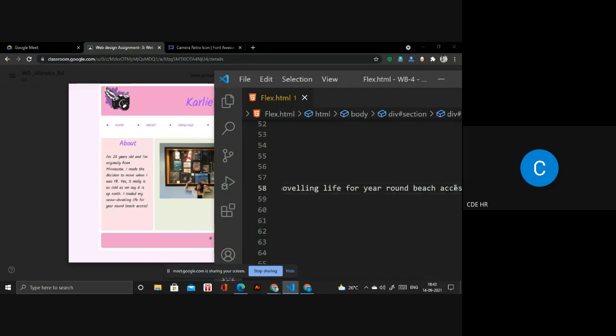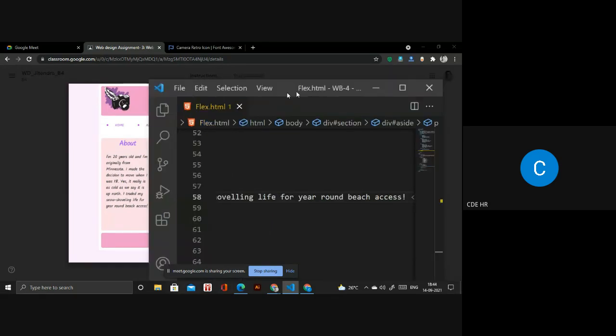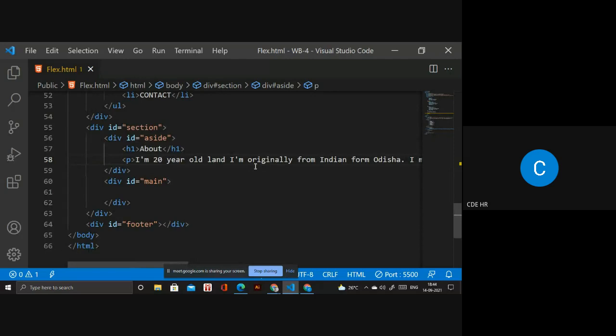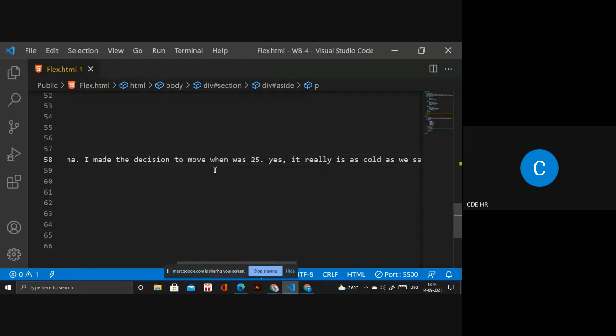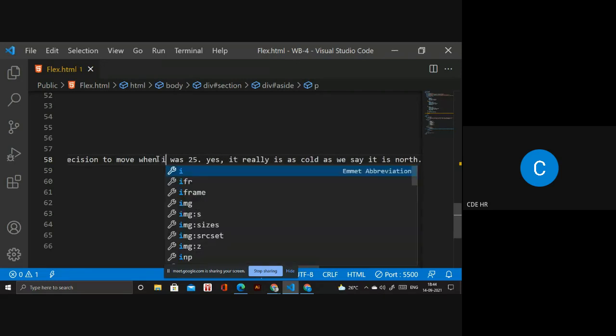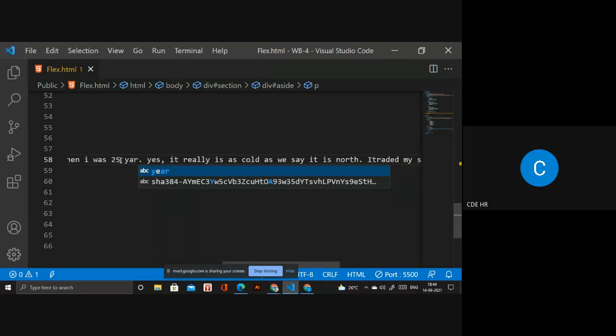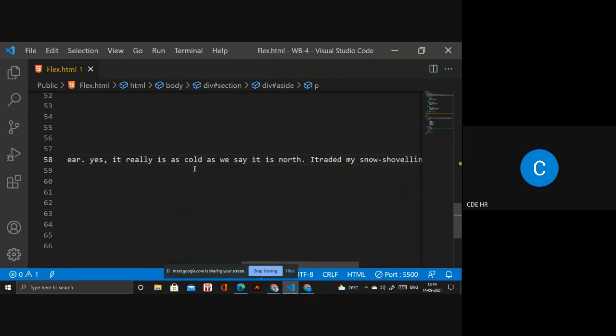And I'll show you how it looks now. So you have to write: I am 20 years old. I originally am from India, from Odisha, and I made the decision to move when I was 25. And yes, it's really as cold as we see. It's not. I traded my snow shoveling life for year-round beach access.